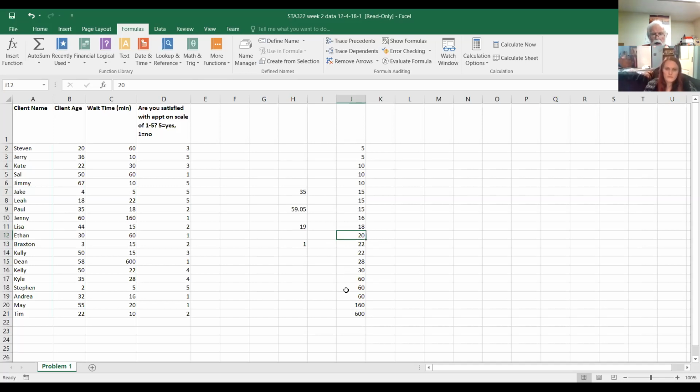And if we look at 160 and 600, both of them are significantly more than 93.75 beyond the